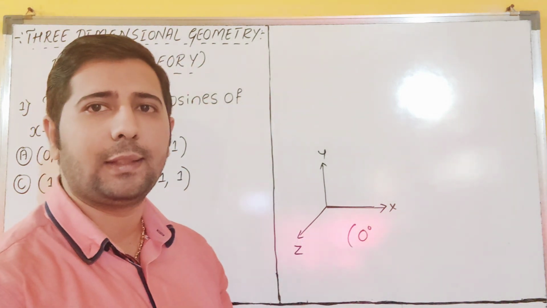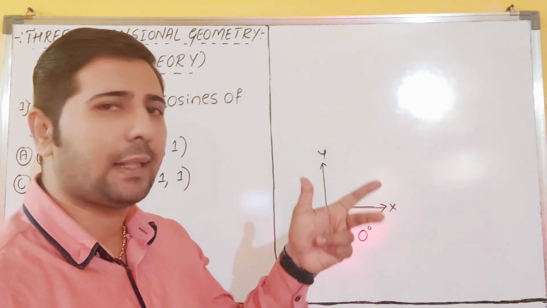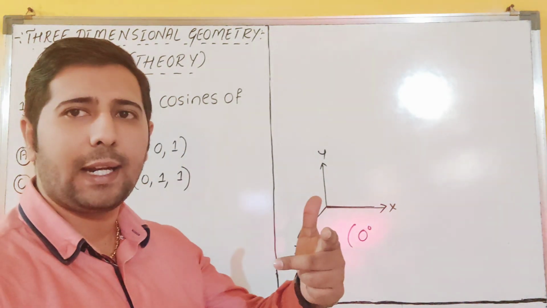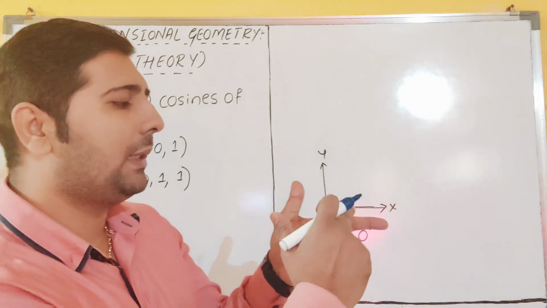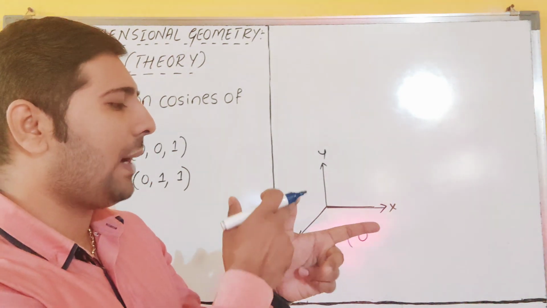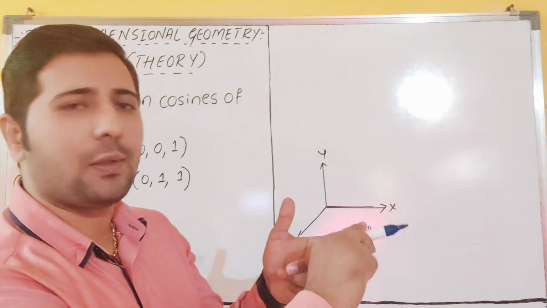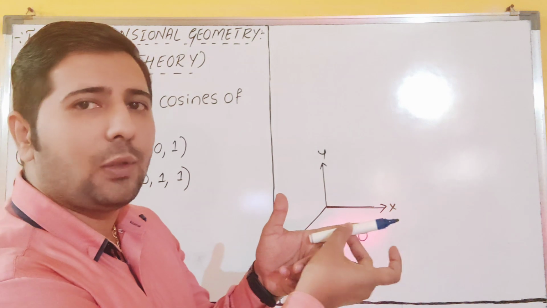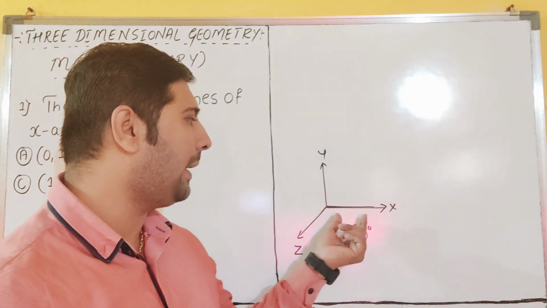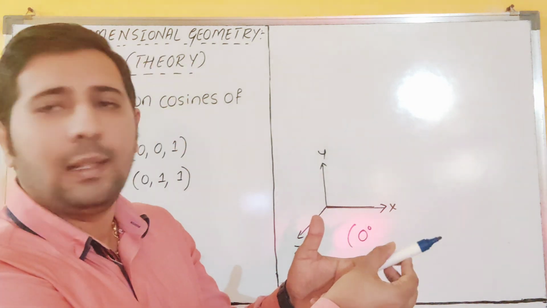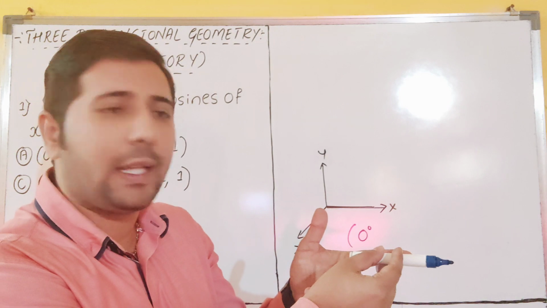Suppose you think this is only the figure, it looks like outside. This is the z-axis, dear students. I can't show the outside direction here, so that's why I have drawn it. Now see here. This is the x-axis and this is the y-axis, z-axis. The line is on the x-axis. So how much angle will it make with the x-axis? It is making 0, dear students.